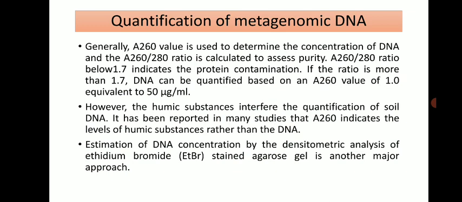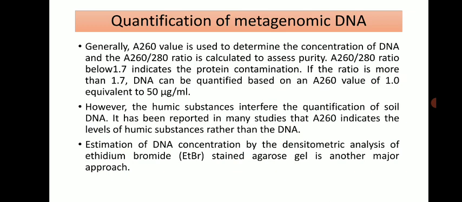The next step is quantification of metagenomic DNA. Before carrying out any kind of instrumental analysis or metagenomic analysis, using different sorts of techniques, we need samples in sufficient quantity. We can perform analysis, whether it may be PCR or electrophoresis, but at least we should have a minimum quantity to carry out further analysis, and quantification is again one of the important steps in metagenomic DNA analysis.